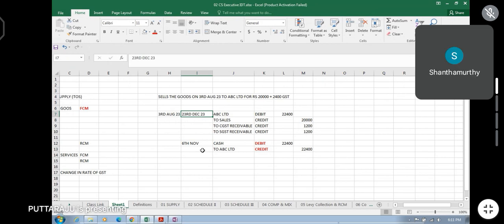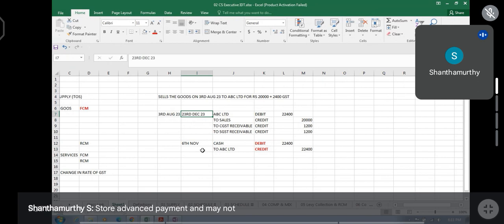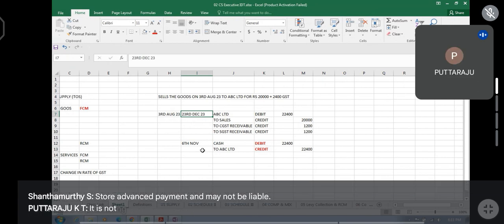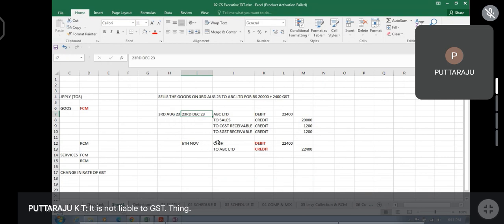It amounts to advance payment and may not be liable. It is not liable to GST. Okay. Assume that instead of this one, you will record the entry in the books as